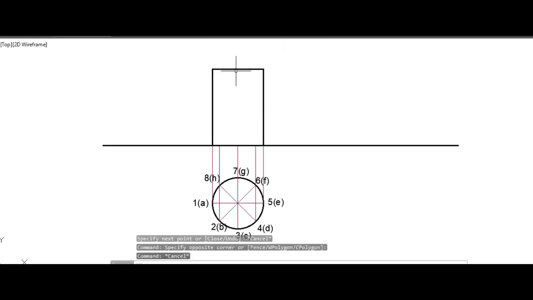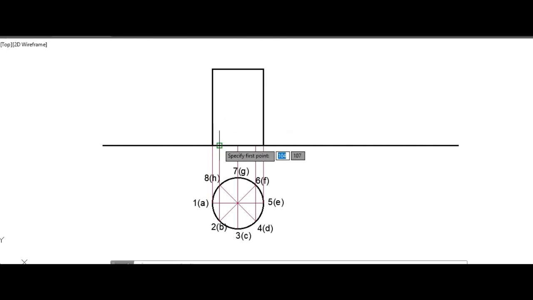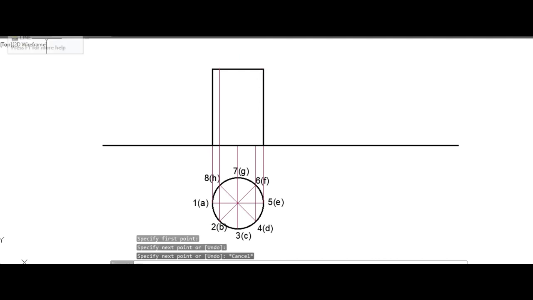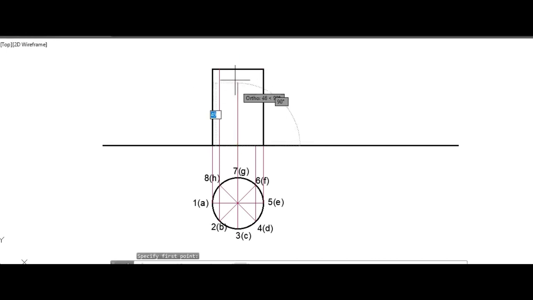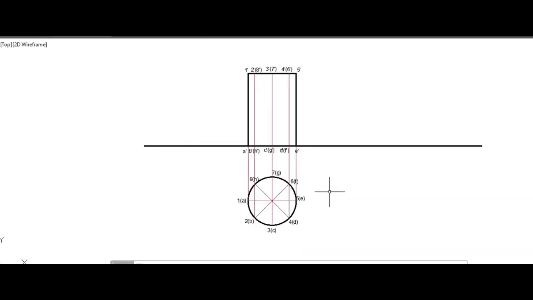The others are references, so they can be in projection lines. Let me name this. After naming we will get it as shown.